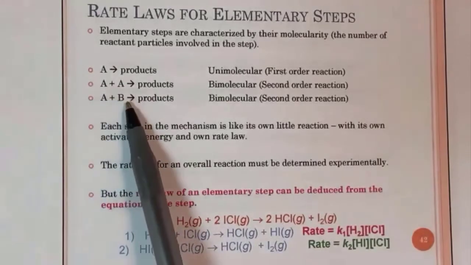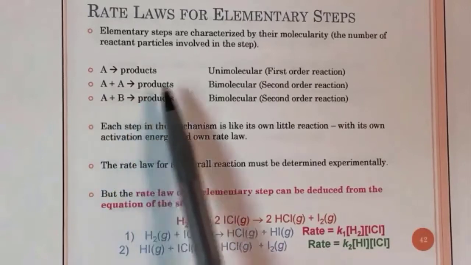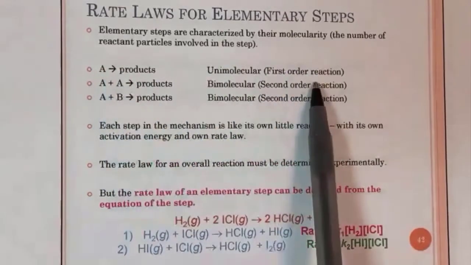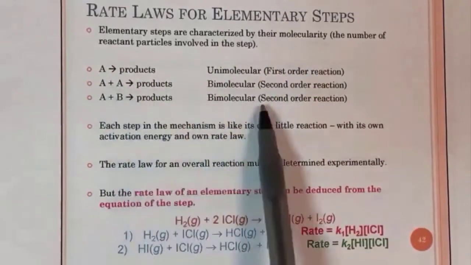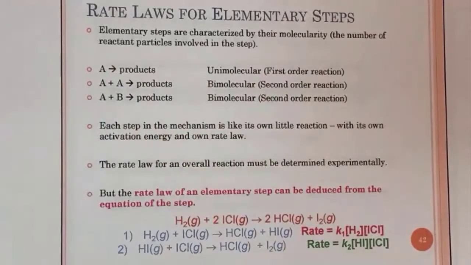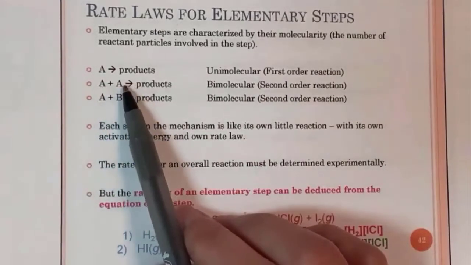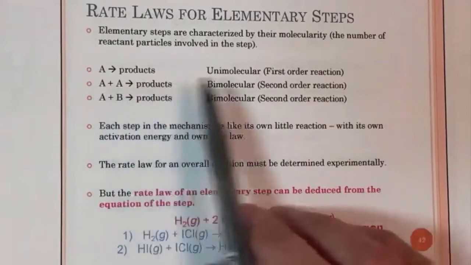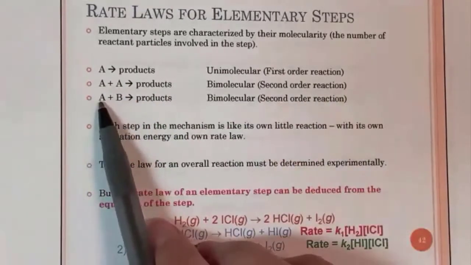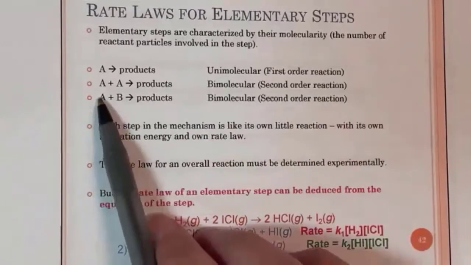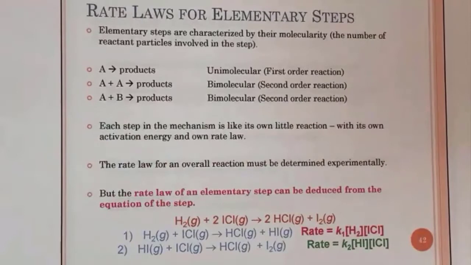And then if you have A and B, rate equals k times A times B. A and B are both first order. So you can tell, if there's one molecule, it's first order. If there are 2, you'll have a second order total, because overall order is basically you add the orders of each reactant up. Each one is 1. So each time you write A, that's 1 order. There's another A, first order. So A here is second order, so this is a second order reaction. A is first order, B is first order. So you have 2 of them, so you have second order overall. But each of these reactions is first order. Okay, so